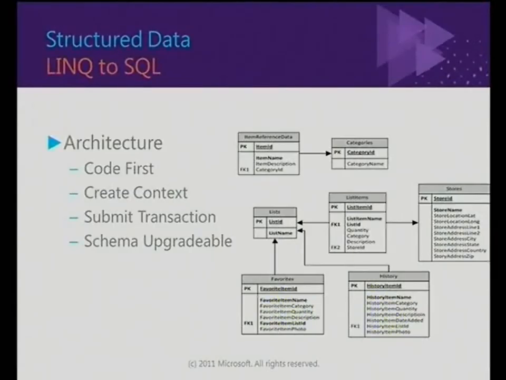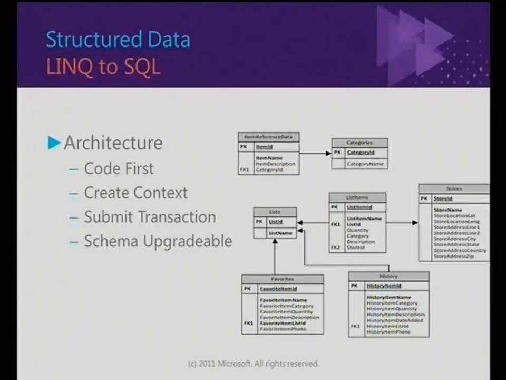Structured data. So back in RTM days in 7.0, there was always SQL CE on the device. You just didn't get a managed API access to it. Now in Mango you do, but you only get LINQ to SQL access. You don't get T-SQL, so you can't write select star from table blah. So it's all LINQ to SQL. So generate your LINQ statements, and that's executed as soon as you access the collection.